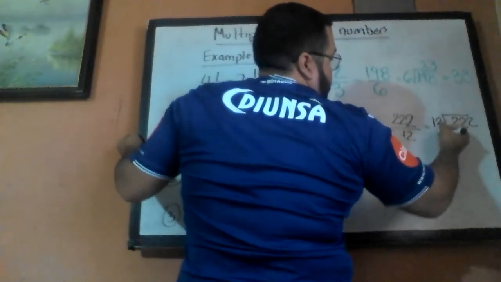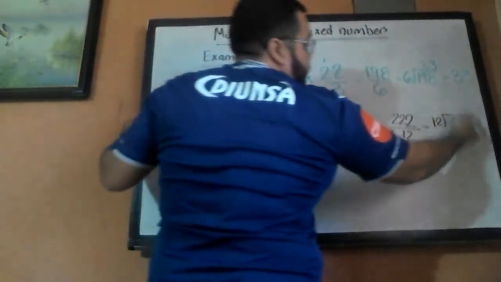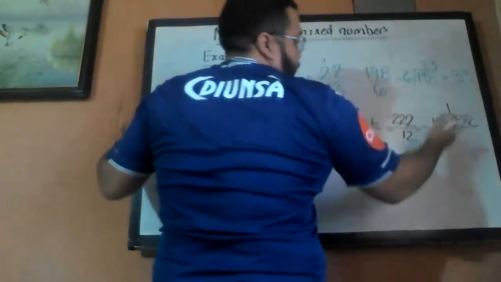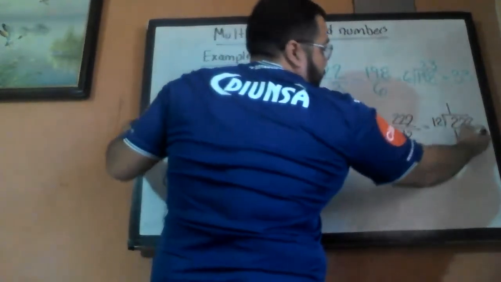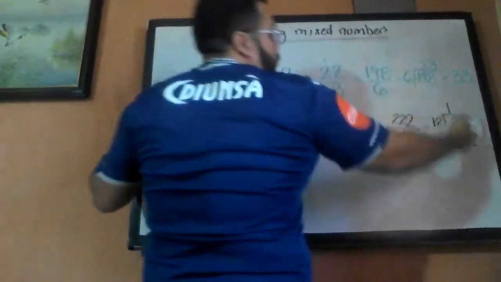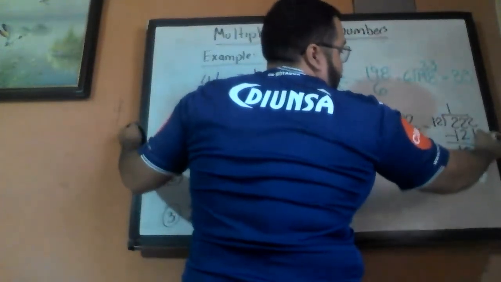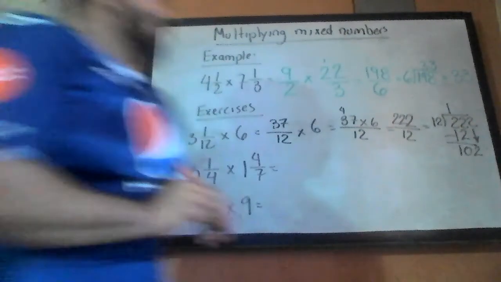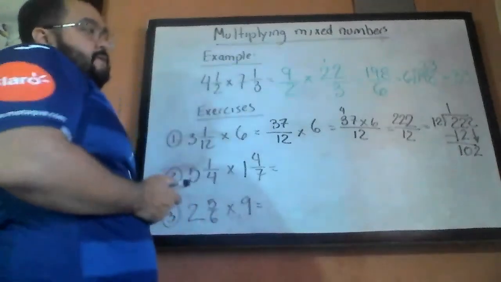Now let's divide. 222 divided by 12. One number in the table of 12 that equals 22, 1. Without passing 22. 12 times 1, 12. 22 minus 12, 10. Drop the 2. One number in the table of 12 that equals 102 is,